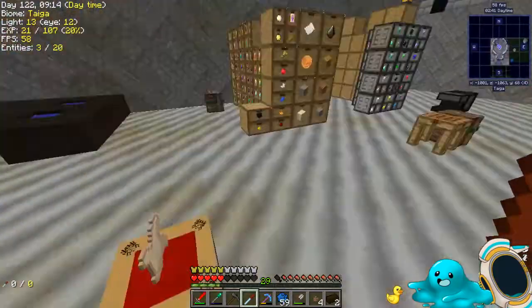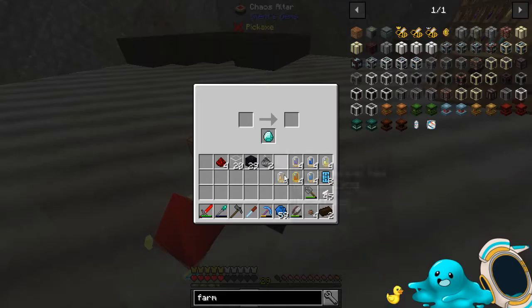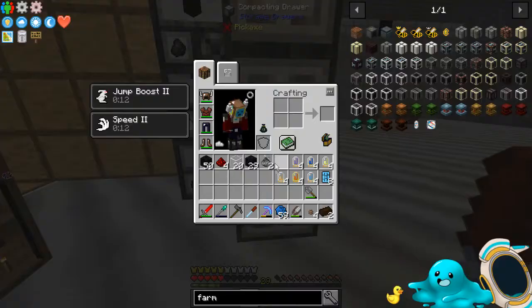How are you doing at the moment? Oh, you managed to do all of those for a block of coal. Okay. That's fine. What I'll do is I'll throw...